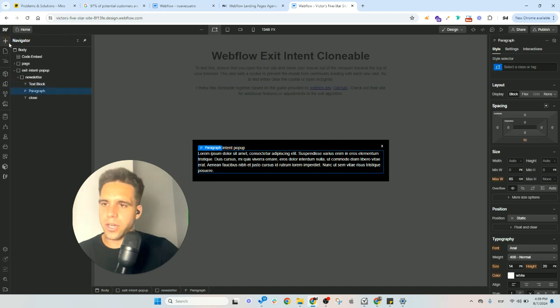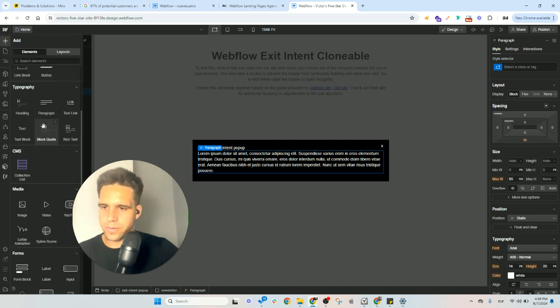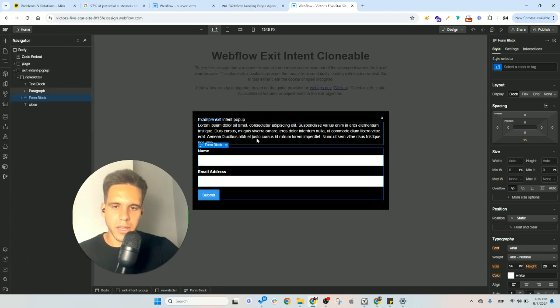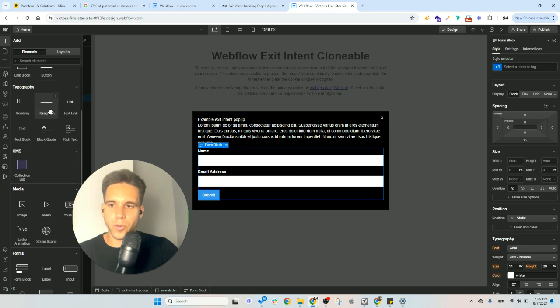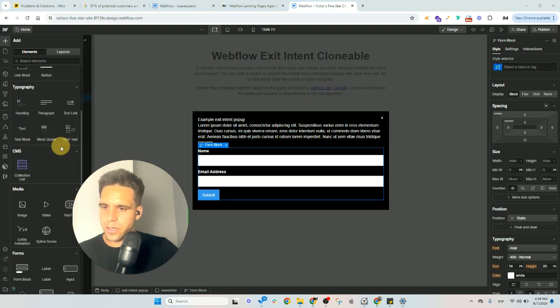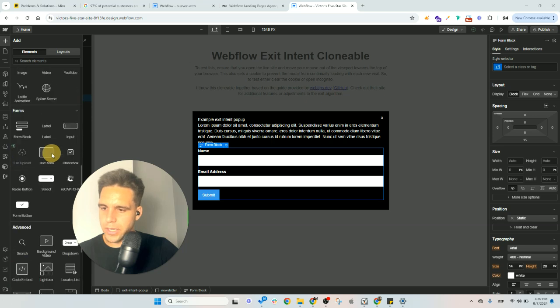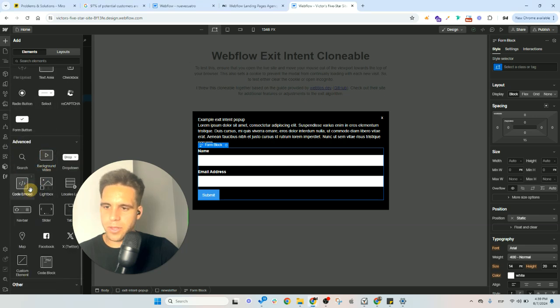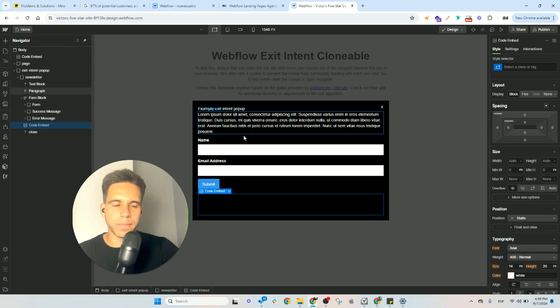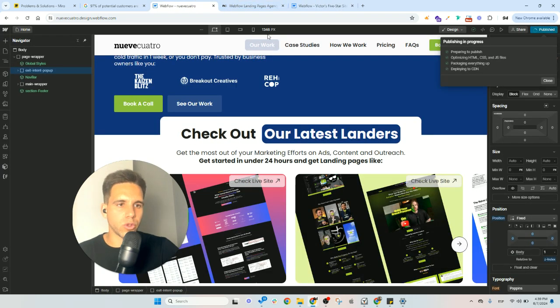You can add here your forms. I know these things because I have done so many things in Webflow. And here, for example, if you want to add your ConvertKit code, you should add it like an embed code, but I don't see it. Embed code, and you put here the ConvertKit. So let's try again. We got rid of the hide,